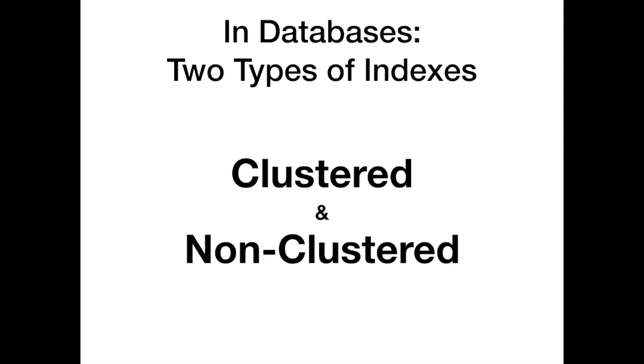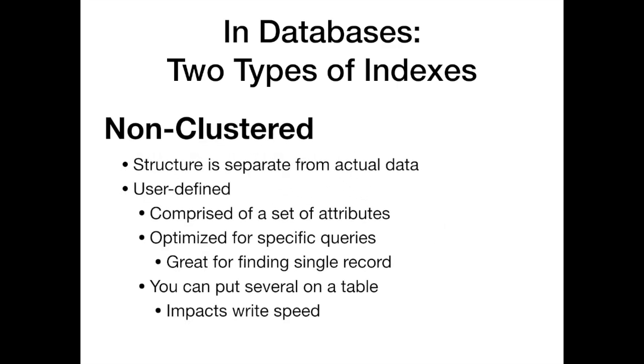So we talked about clustered indexes, or primary indexes. What's next? We have non-clustered indexes, or as the book likes to refer to them, secondary indexes. Non-clustered indexes are different from clustered indexes primarily because they're completely separate. It's a separate structure from the data, meaning they don't actually control the way that the data is stored, but rather provide information about how to find a given piece of data. In this way, we're following our book metaphor. The non-clustered indexes are really what we think of when we think of an index in a book. It's that part in the back of the book that gives you a reference to where to